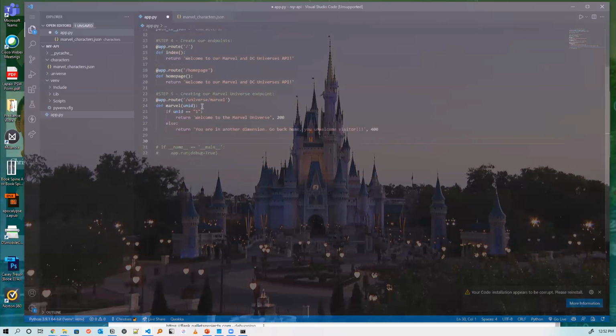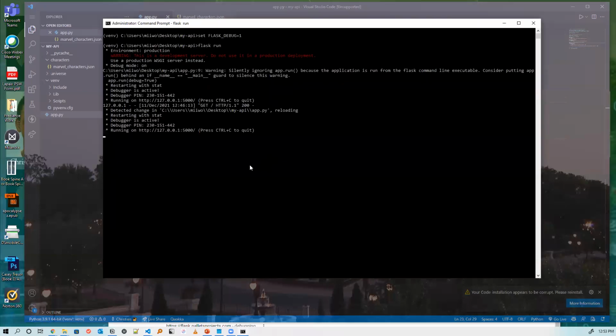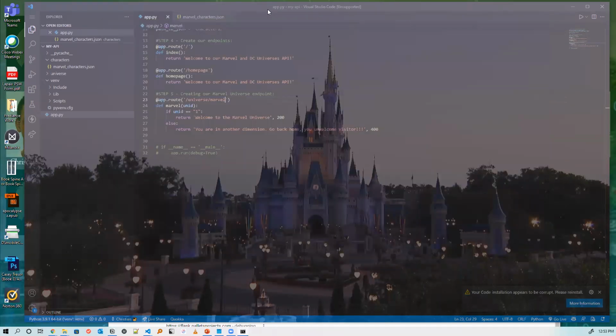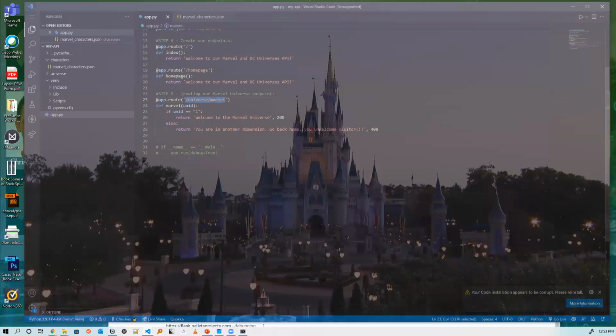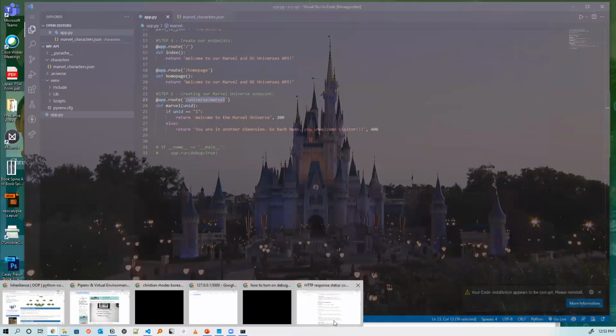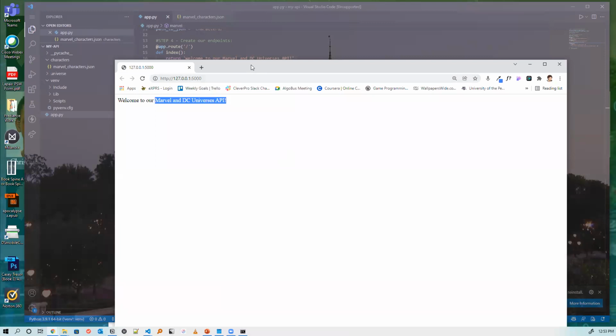Okay, so we've created our API here, and now we're going to save, and we're going to go into a command line here. We're going to quit the command line. Why do we need to quit it? Because if we run a command line right now, it's still running, right? Let me show you something. I take my endpoints and copy them